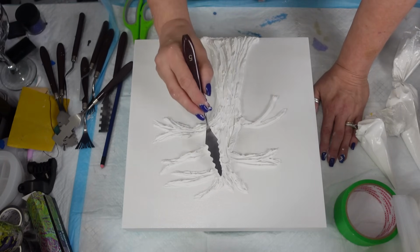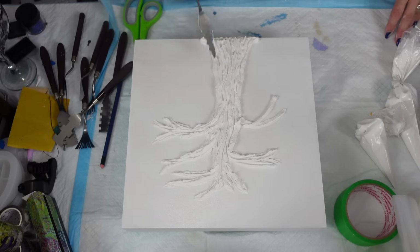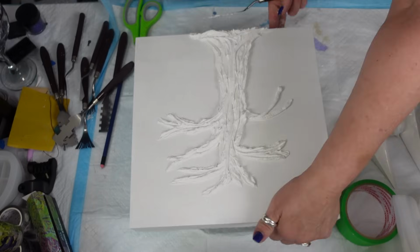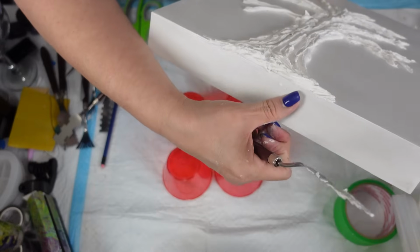And just bring it on down again, make it look like a tree. Just playing around. And if it comes off the edge, like here, I just kind of lift it up. But I don't want any